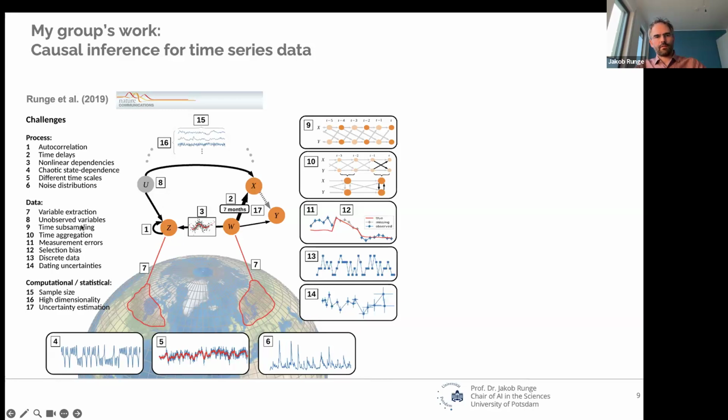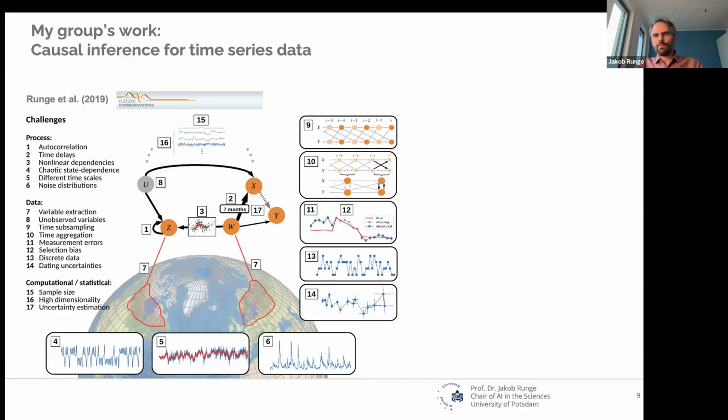We have then problems of unobserved variables, hidden variables, time subsampling when the satellite traverses a region only every few days, measurement errors, selection bias, these problems maybe from many other fields. Discrete data, categorical data can also be a type of data in this range, and dating uncertainties in paleo data, next to the standard statistical challenges of sample size, high dimensionality, and so on.